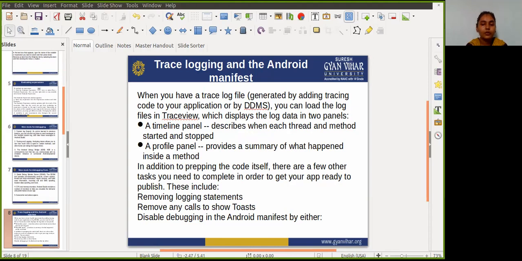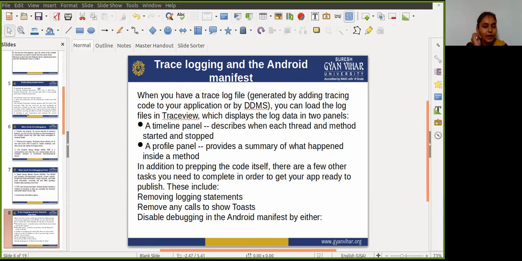When you have a trace log file, you can load the log file in TraceView, which displays the log data in two panels. First panel is the timeline panel and second panel is the profile panel.